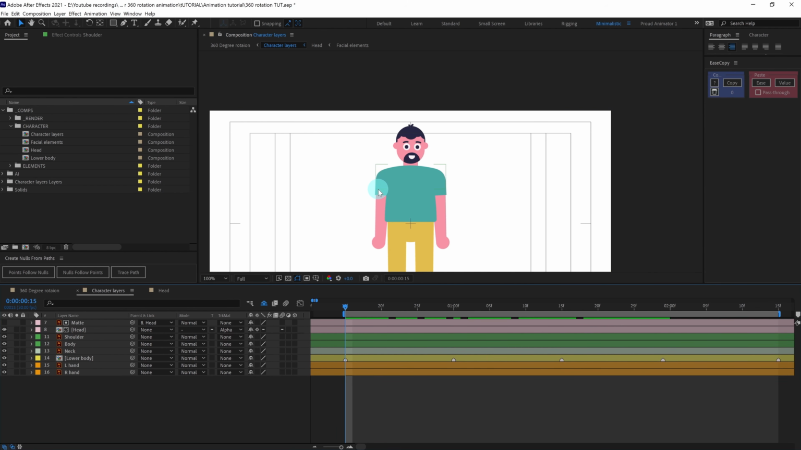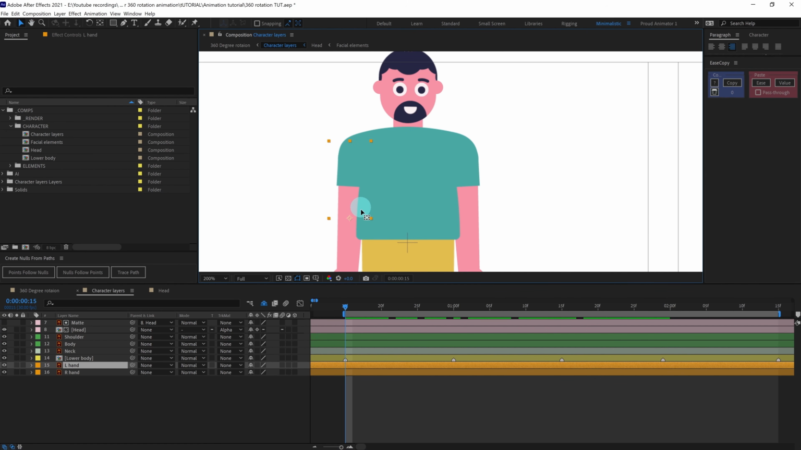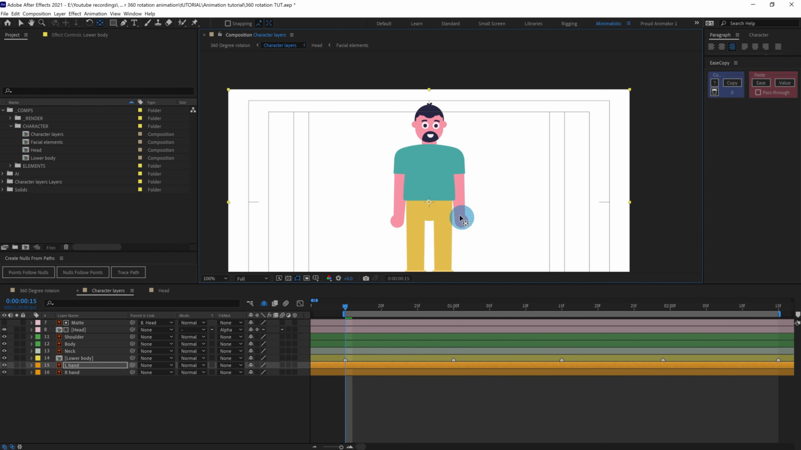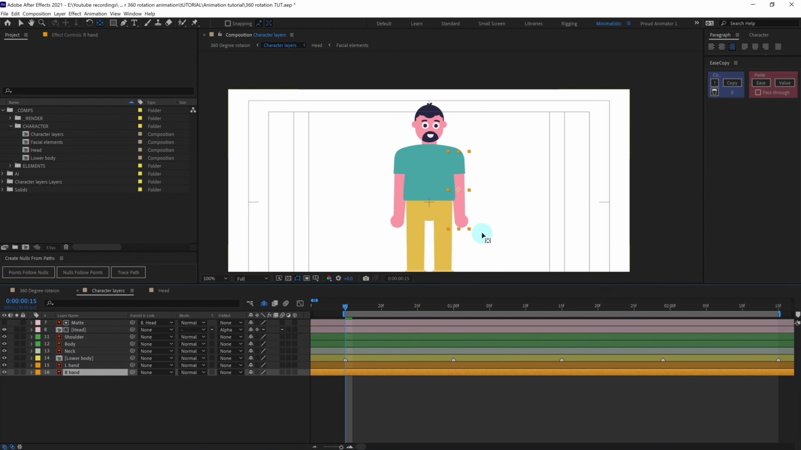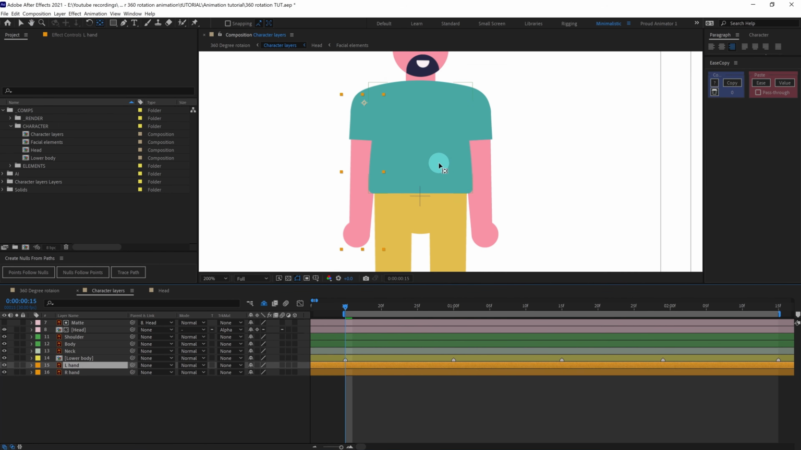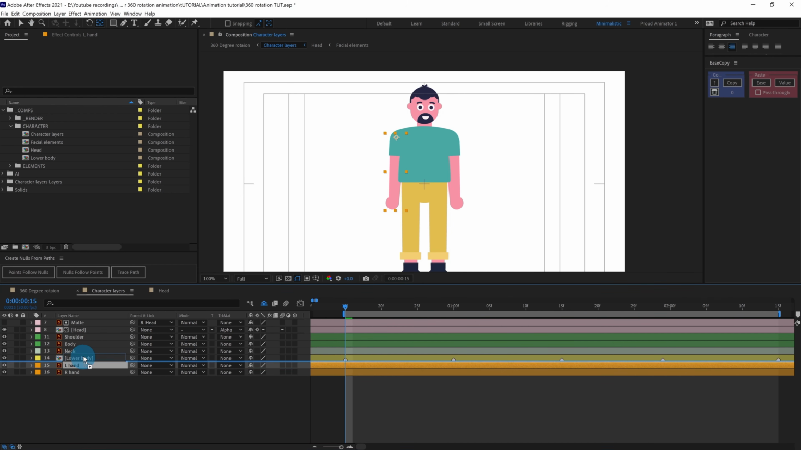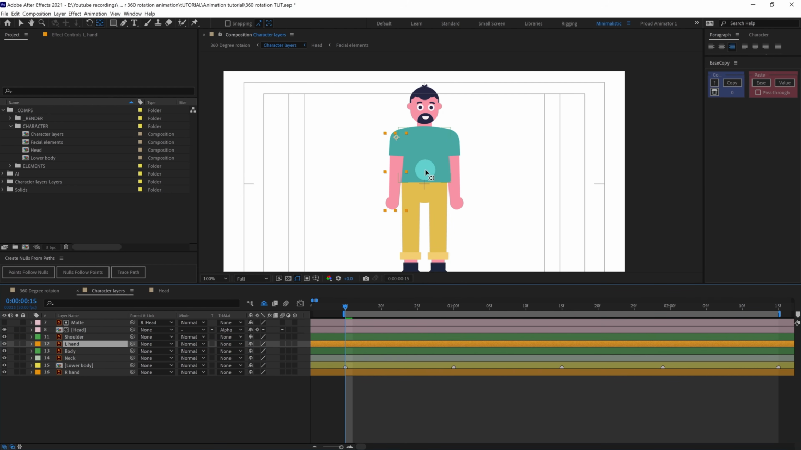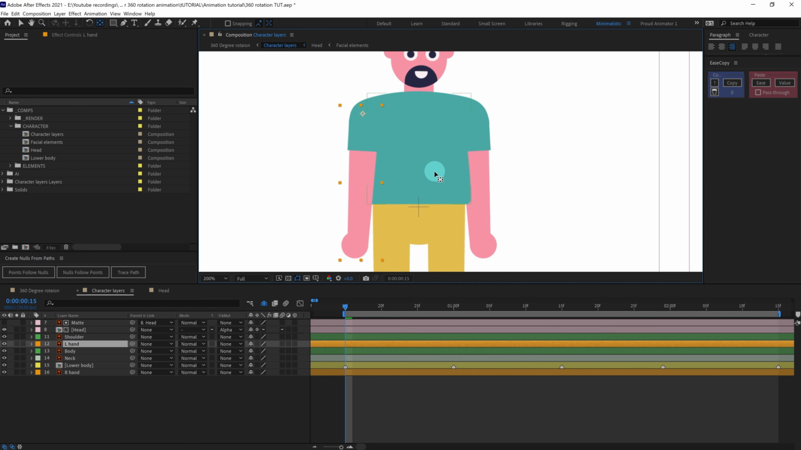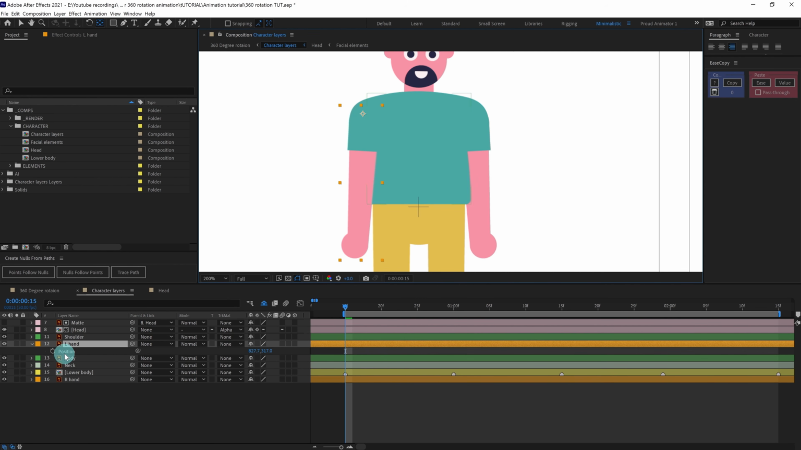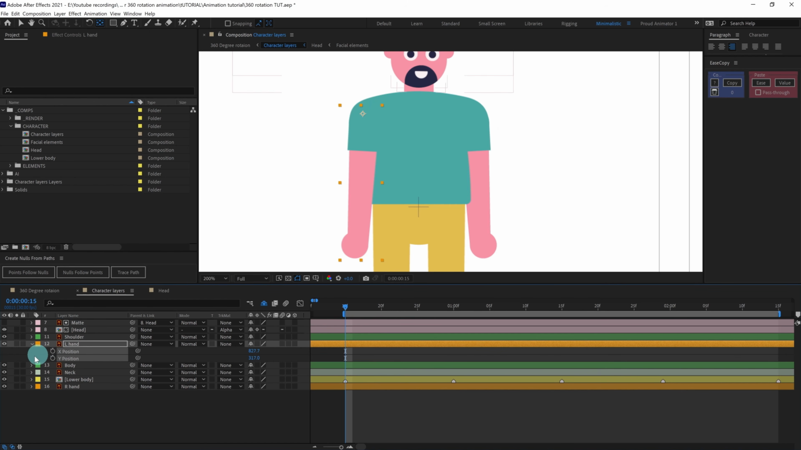Now, we're going to animate the hands. So let's move the anchor point over here. And for this one again, we're going to bring the hand above the body for this one, and we're going to animate it in position. So separate the dimension and put a keyframe on x-axis, and then